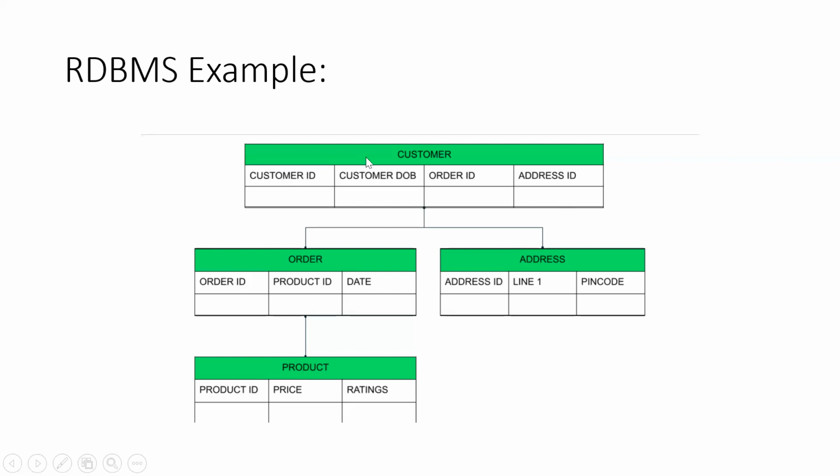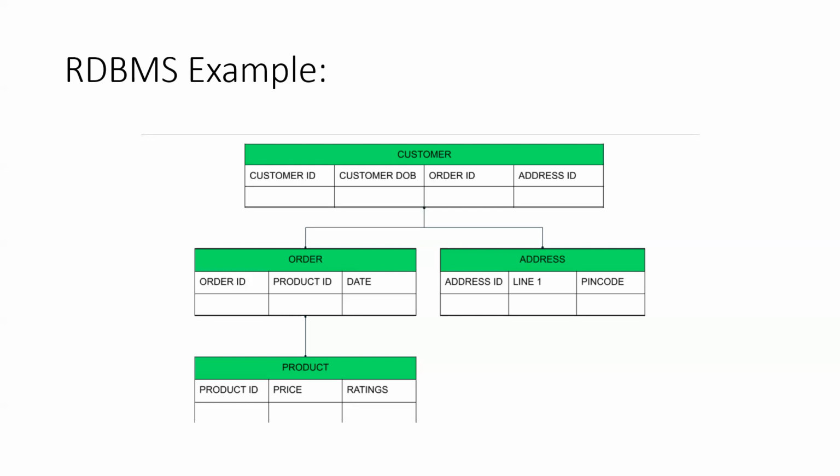So in each table there will usually be some primary key. It's not mandatory to have a primary key, but to set a relationship between tables, we should have the primary key and foreign key concept. There may be some isolated tables where I'm not defining any primary key. I'll come to this topic tomorrow: what is a primary key, what is a foreign key, what is a composite key, in more detail. But today I'm just going to give the concept.